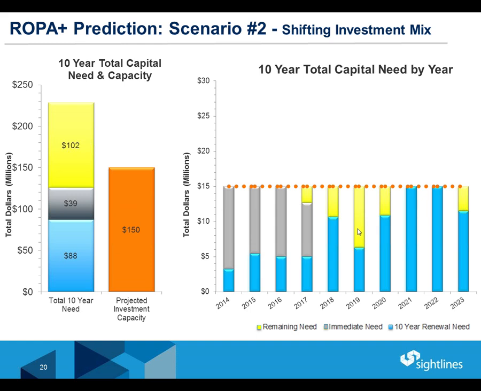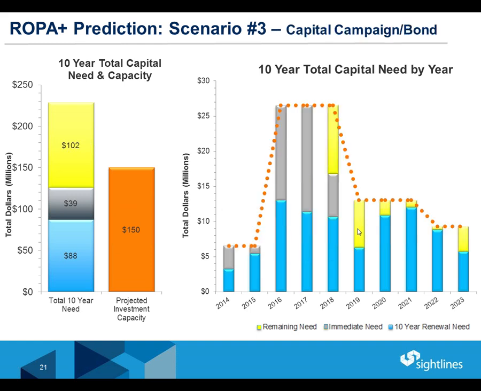The final scenario that we looked at was a capital campaign. And they knew they were going to get a capital campaign in 16, 17, and 18. So we said, well, let's look at that. Or if you're a public school, you might know when a new bond's coming due, and we can adjust that scenario for that particular instance. And so we modeled this and looked at what it would look like in terms of where their needs would be and how much resources they would have.